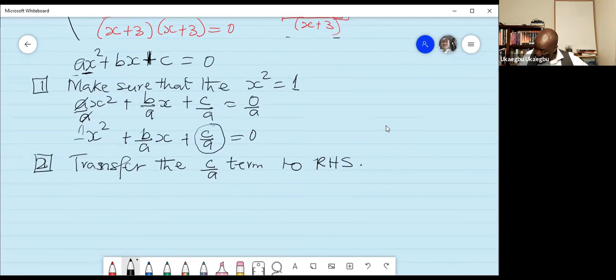So we are going to rewrite our expression to say x squared plus b over a x, and then equal to